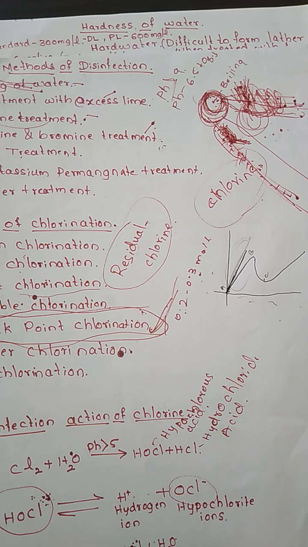Super chlorination is nothing but going beyond the stage of breakpoint. When we add the chlorine beyond that, it is called super chlorination. We usually add it during the rainy season when there is too much amount of microbes in the water. At that particular time we will be using super chlorination. Then dechlorination is the process of removing the excessive chlorine which is present in water. That is what is called dechlorination.